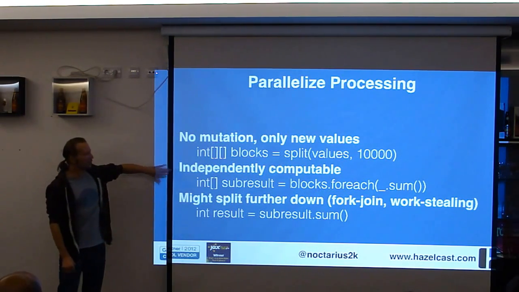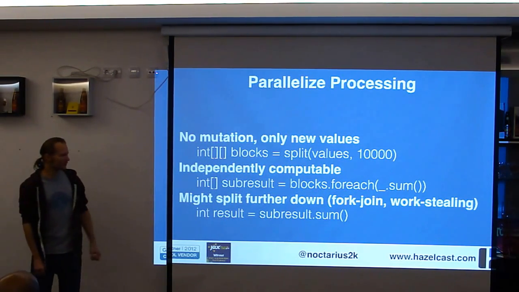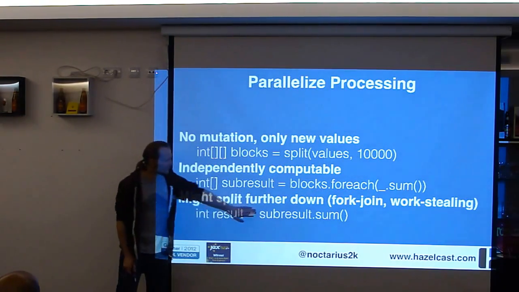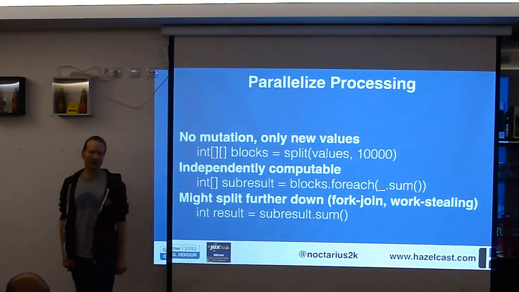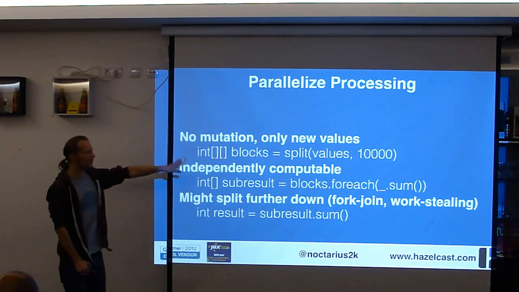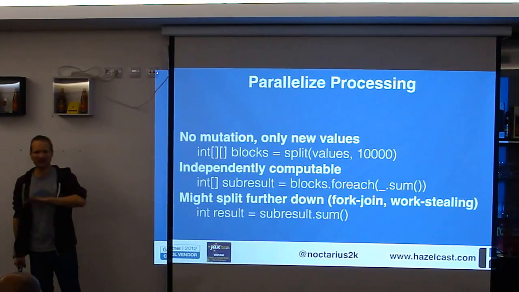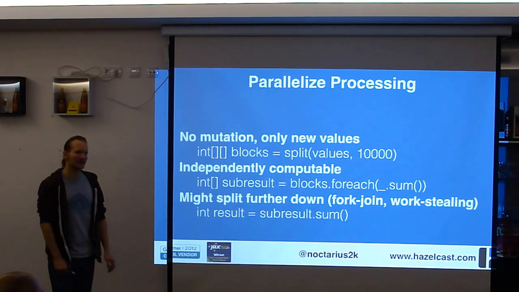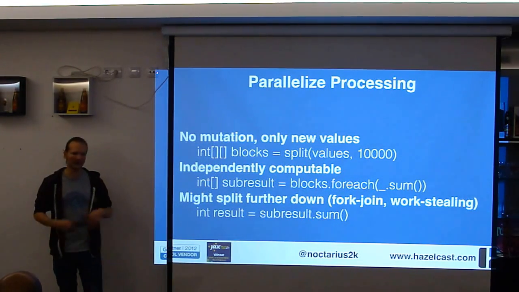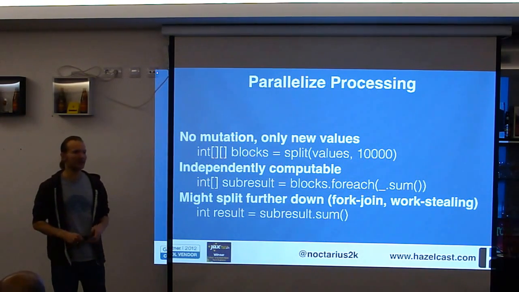So we have this point independent computable. As I said, it doesn't matter where I do that. And the good thing is this doesn't need to be the end. So we can break those elements down even further. It doesn't need to be 100,000 elements. It could be 10 million, 100 million elements. And you just break them down in smaller and smaller chunks and distribute them and calculate them independently and in